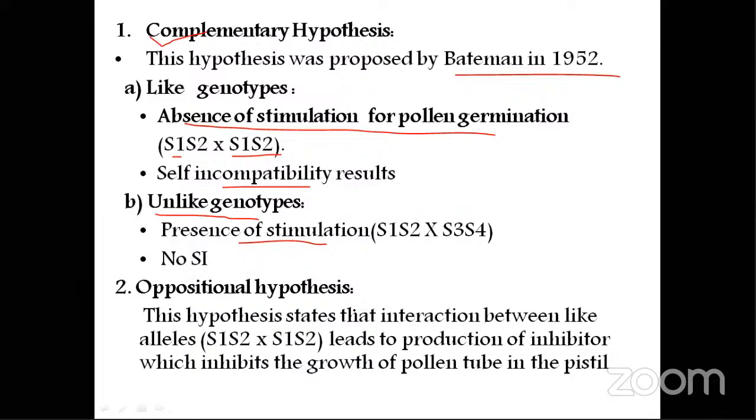The oppositional hypothesis states that the interaction between the same alleles leads to production of an inhibitor. There will be an inhibitor produced because of the interaction of similar alleles, which inhibits the growth of pollen tube in the pistil. If unlike genotypes are there, like S1 S2 and S3 S4, in that condition this inhibitor will not be produced, so the pollen tube growth is normal. So these are the two hypotheses, which different scientists have proposed. Like there might be some sort of stimulus chemical acting, or there might be some sort of opposition acting. Okay,